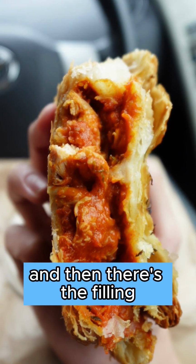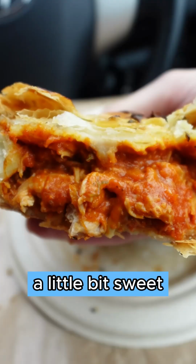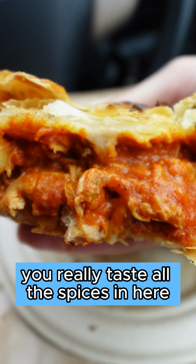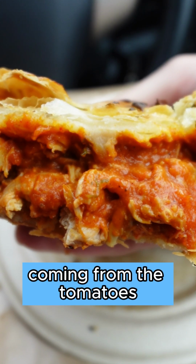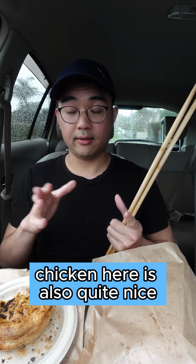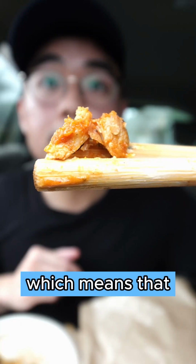And then there's the filling, which is also really good. Really jam-packed full of flavor. It's a little bit sweet, creamy, savory. You can really taste all the spices in here. And I think there's a little bit of tartness coming from the tomatoes. Really nice kind of gravy filling here. The chicken here is also quite nice. It's not dry. I like how the pieces are not too big, which means that it's not going to be